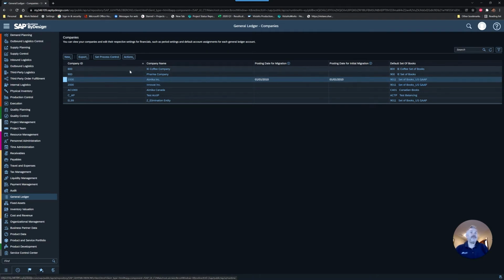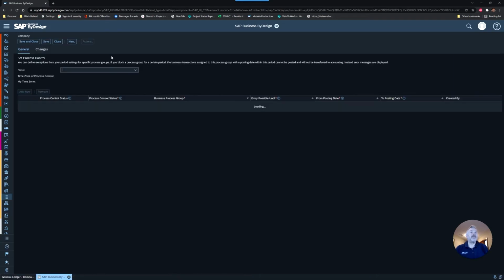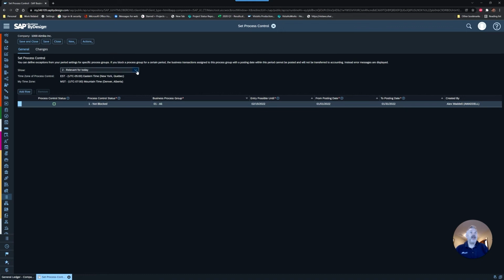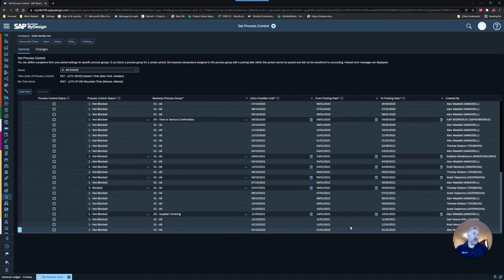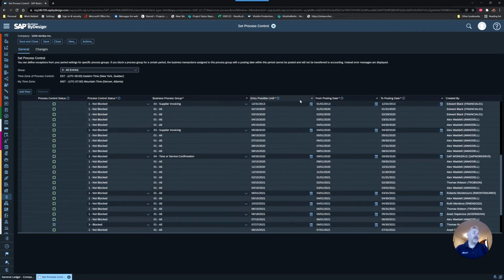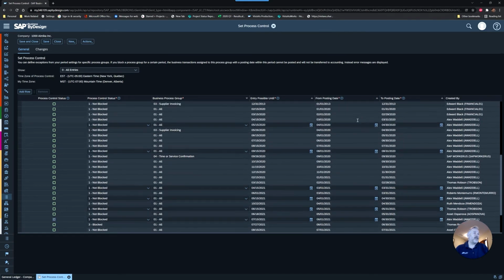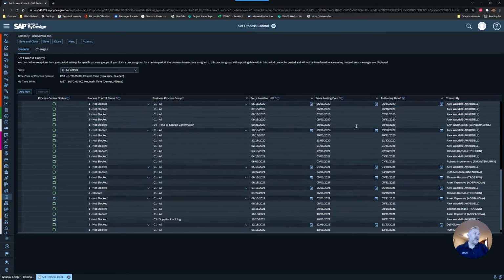So click on the process control button. And relevant today is really focusing on the current period we're in. So we're going to change this query and we're going to say we want to see everything. Depending on how long your system's been live, you may get a lot of rows here. So you may want to take advantage of sort features. For example, well, actually, we're just going to scroll down for this one. So let's look for our